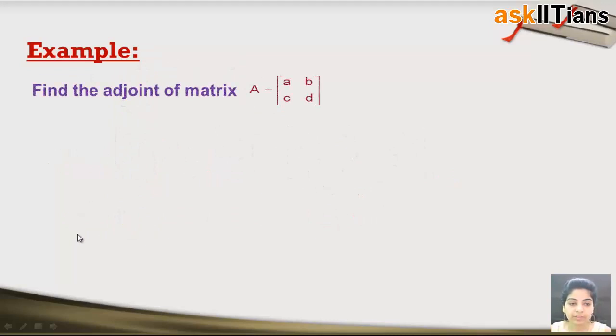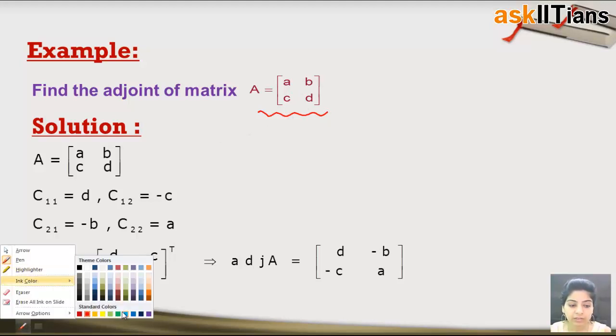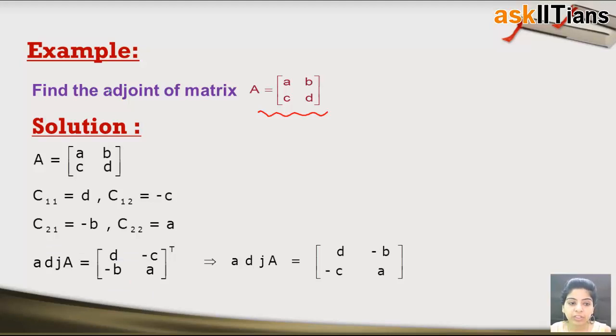Okay, so now we have an example. We are to find the adjoint of a 2 cross 2 matrix, in fact not general, you can say the matrix A, which is given by A, B, C, D. You are to find the adjoint of this matrix. So what do we do? As we have already discussed, you first find out the cofactor of each element. So the cofactor we obtain, C11, is D. Similarly, you find out the cofactor C12, which comes out to be C.